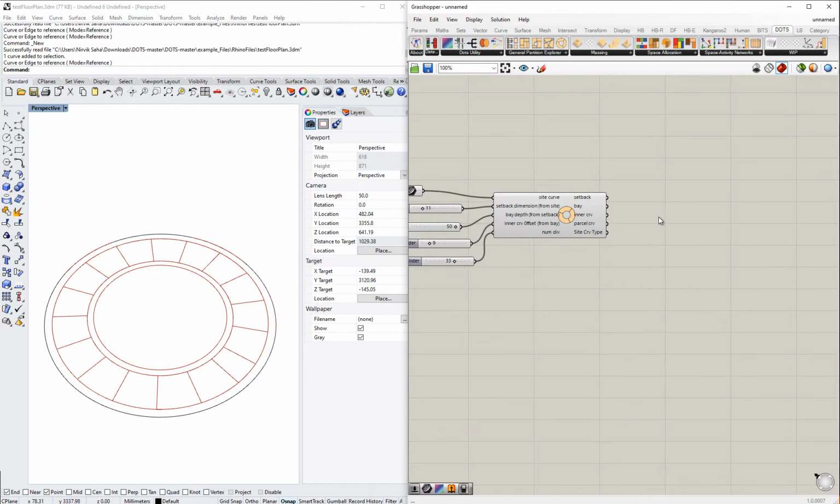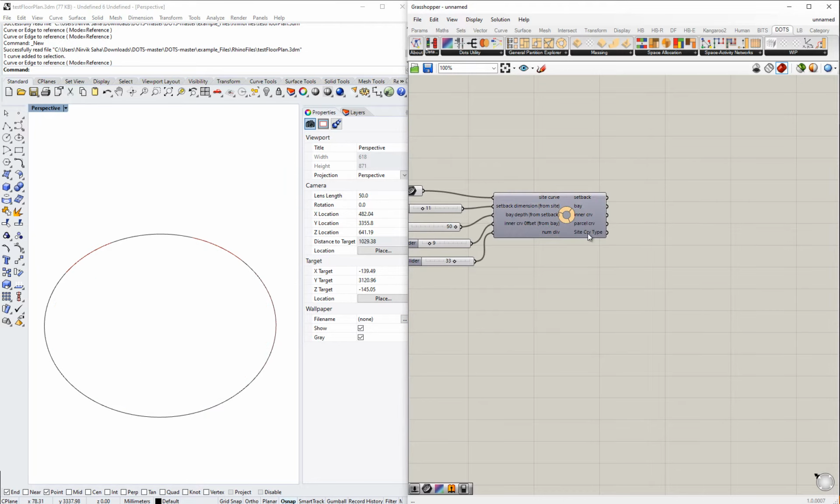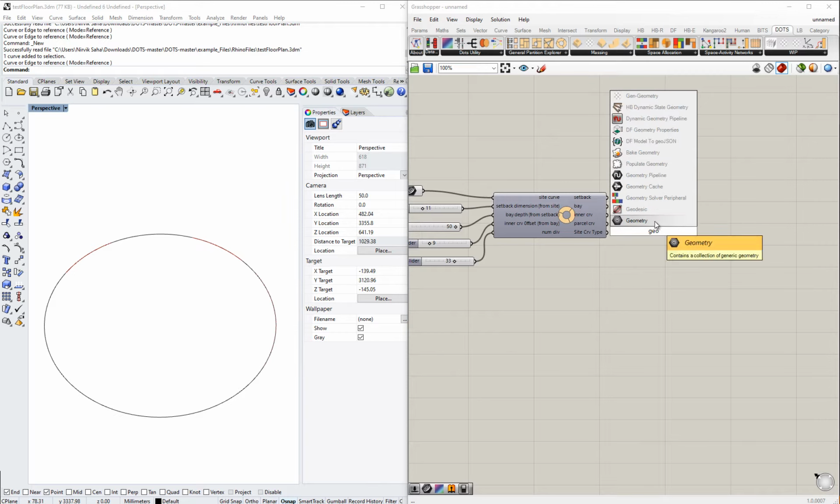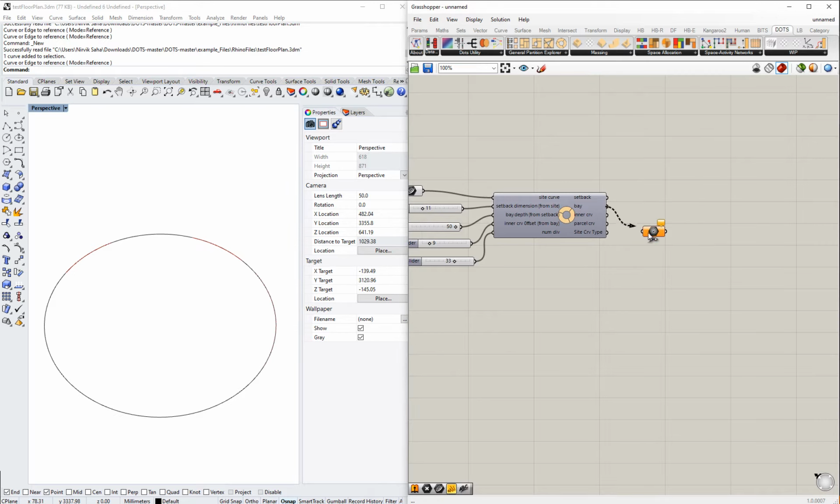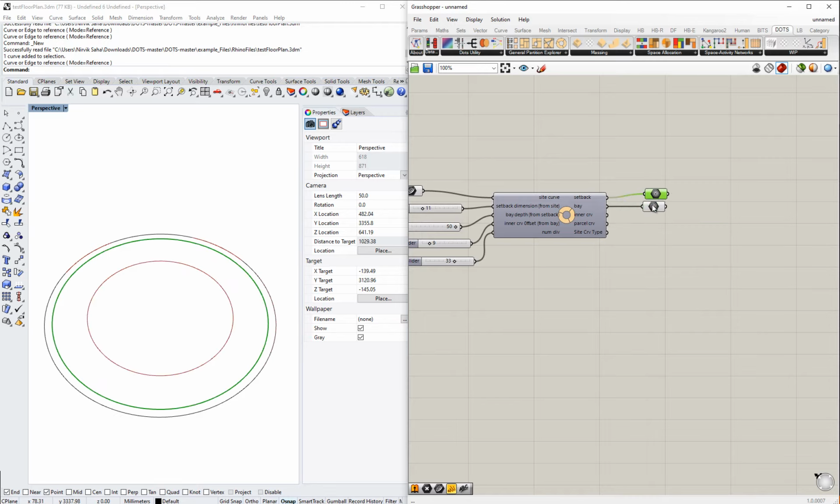But what we want to do first of all is to show that we split up the output also. So if we switch off the component, which is switch off the preview of the component, and we do let's do a geometry. So I'll double click on the canvas and type GEO, and I get geometry. So this connects to the bay, and we do a number of inner curve, and finally